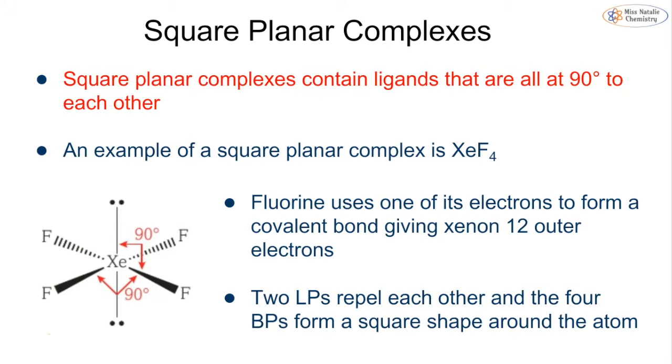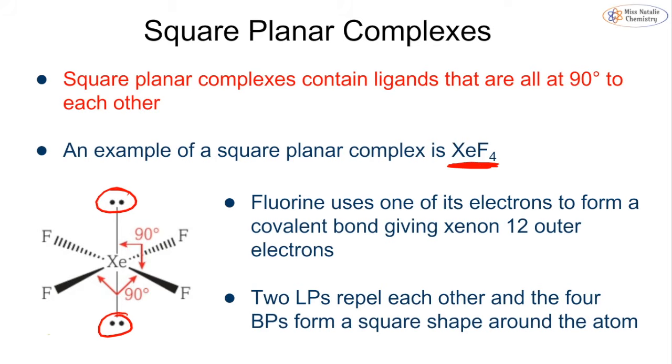Now, a new shape that we can look at is known as a square planar complex. So this is one that you did not meet back when you did VSEPR, but it's fairly straightforward. These contain ligands that are all at 90 degrees to each other. So if we think about it similar to an octahedral complex, but at the top and bottom, instead of there being a ligand, you have a lone pair. So an example of a square planar complex would be xenon bonded to 4 fluorines,